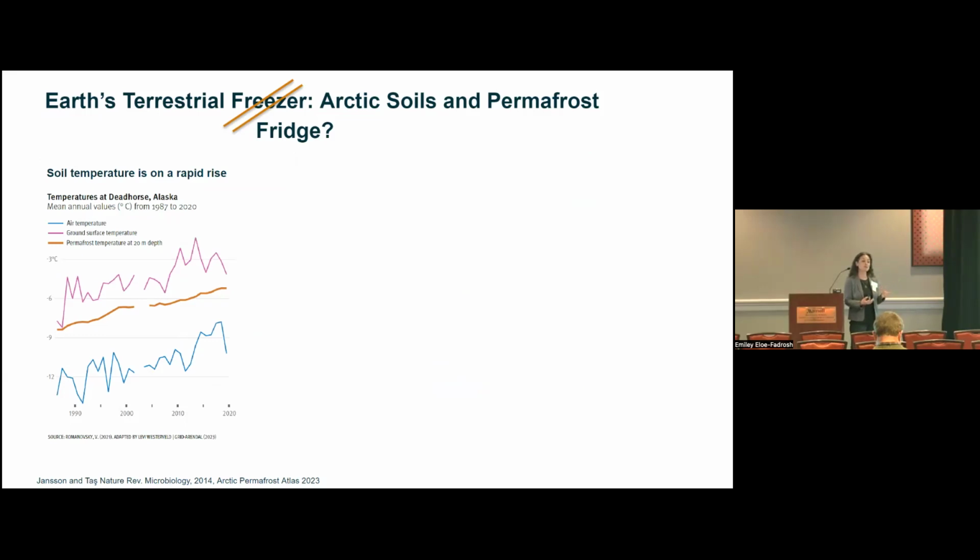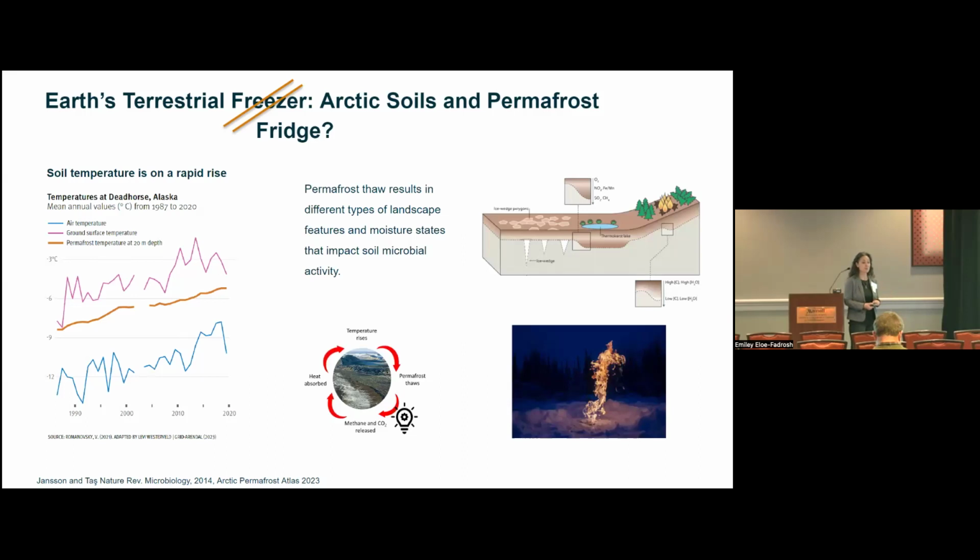So this Earth's freezer idea is more of a fridge at the moment, which is a very dangerous place to be. So what happens is that when this frozen soil thaws, it changes the landscape, not just the top, but the bottom, and all together, creating a very hydrologically complex environment to study. Most of you are familiar with the emissions that come from any soil and how that whole loop could feed back into